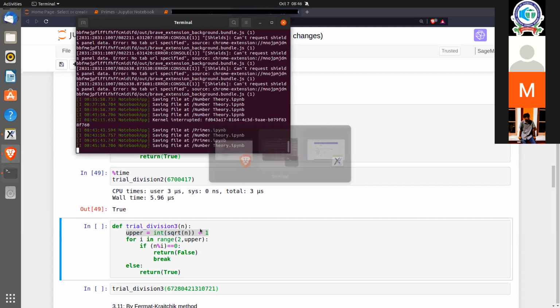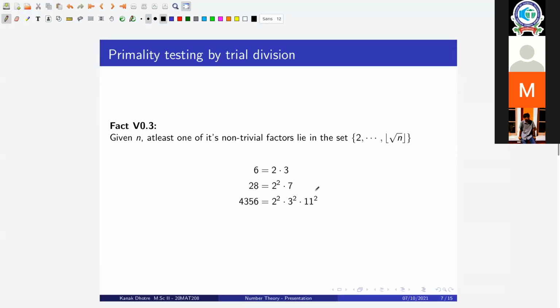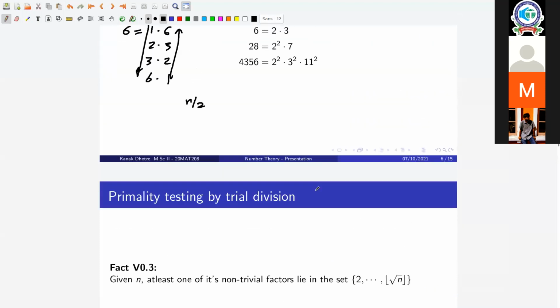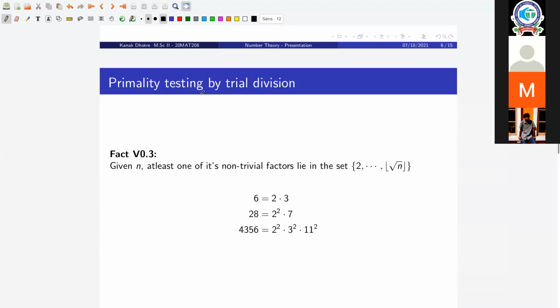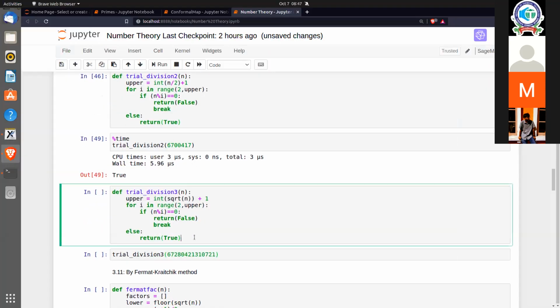And next, like Ameya said, we can also optimize it to just check it till the square root of n. Again, it's the same logic. Just a is decreasing and then b is increasing. So if there's some factor that's greater than, say, root of n, we would have already checked its complement in the other half of the set. So I can run that as well.